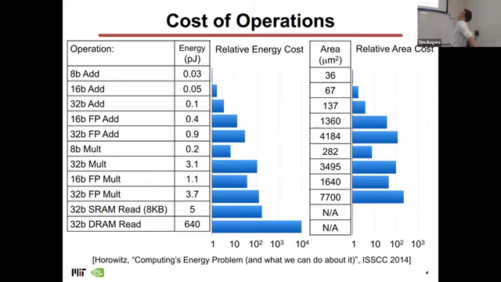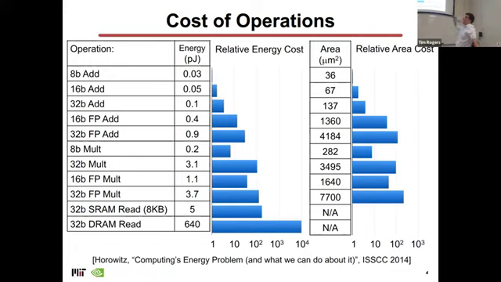So anyway, if we look at costs, why do we do this? If we look at the relative energy cost, remember we looked at some of these big numbers before. The 32-byte DRAM read is going to cost you 640 picojoules, which is a huge amount of energy. So if we got rid of those by capturing locality, we get 2 orders of magnitude of goodness in our processor. But there's still room, because if I'm doing a 32-bit floating point multiply, that's about 3.7 picojoules of energy. Whereas if I can smash that down to an 8-bit add, it's 0.08